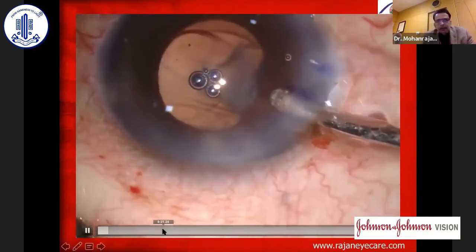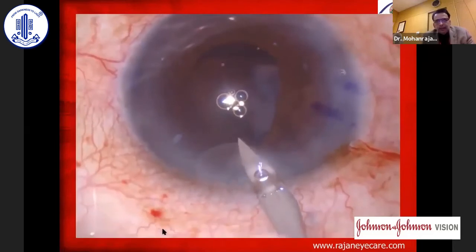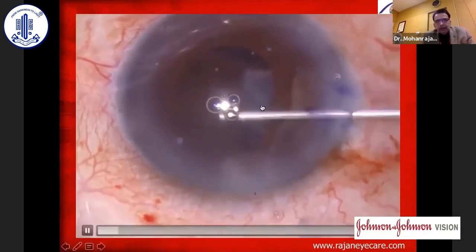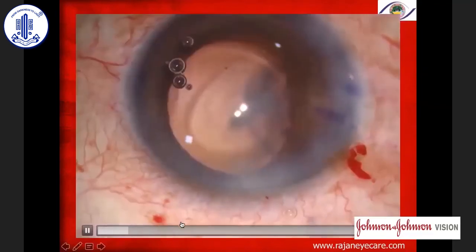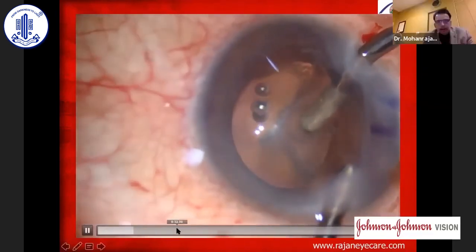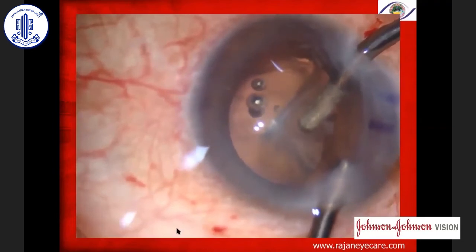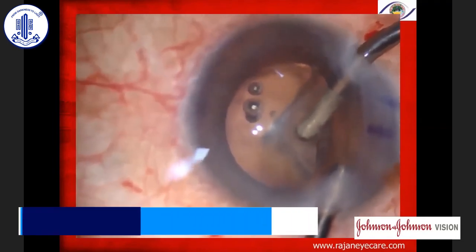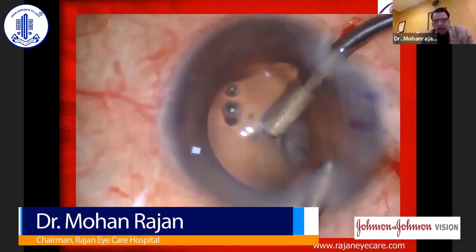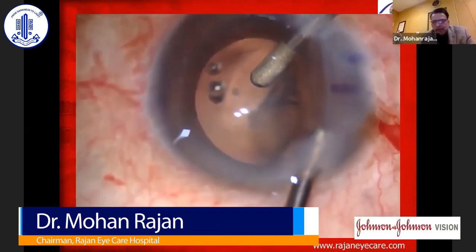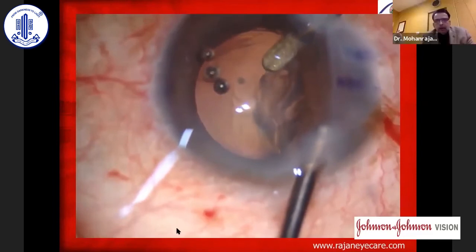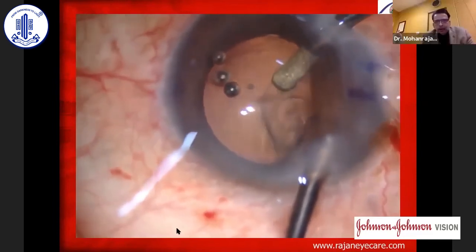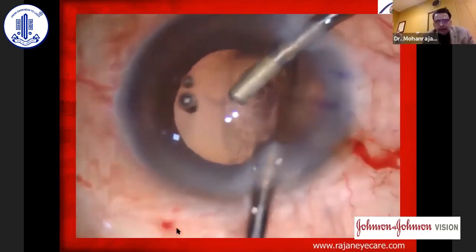You can see here, this is a PC tear which has occurred here. You can see this particular area. There is also a residual cortex, and you can see that I'm doing a bimanual IA. Once I do a bimanual IA, I make sure that I use a good amount of viscoelastic like Discovisc, cohesive viscoelastic and dispersive viscoelastic as well, to prevent hydration of the vitreous,